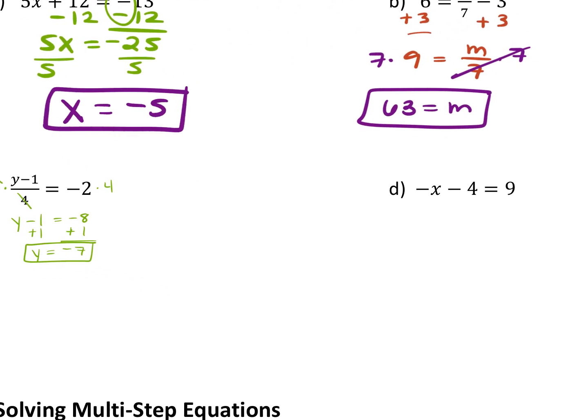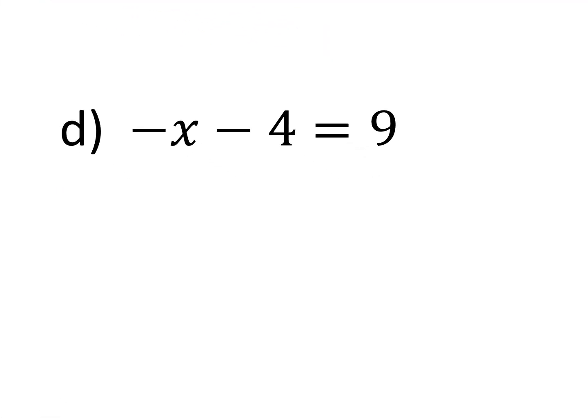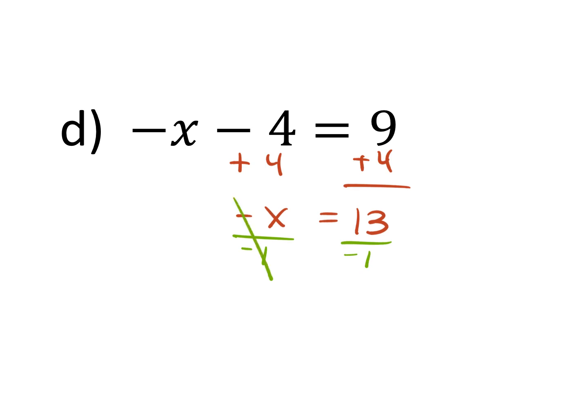Last one. Two-step equations. What did you do first here? I added 4. Add 4, as you should. So 13 equals a negative x. Then what'd you do? Divide by a negative 1. So this goes away. x equals a negative 13. Good? Questions? Wait, C was